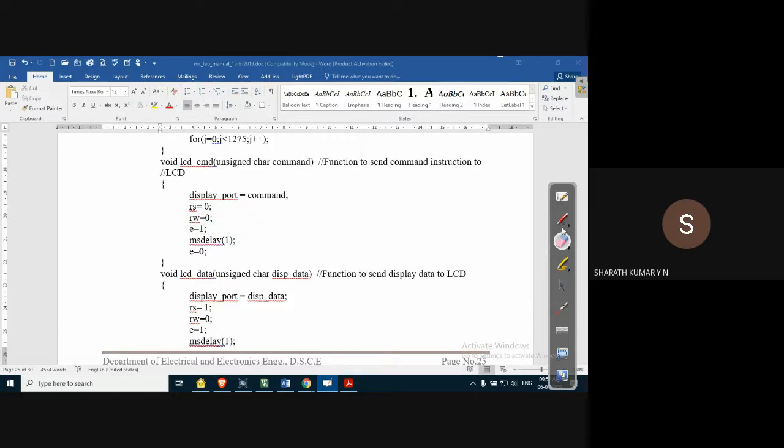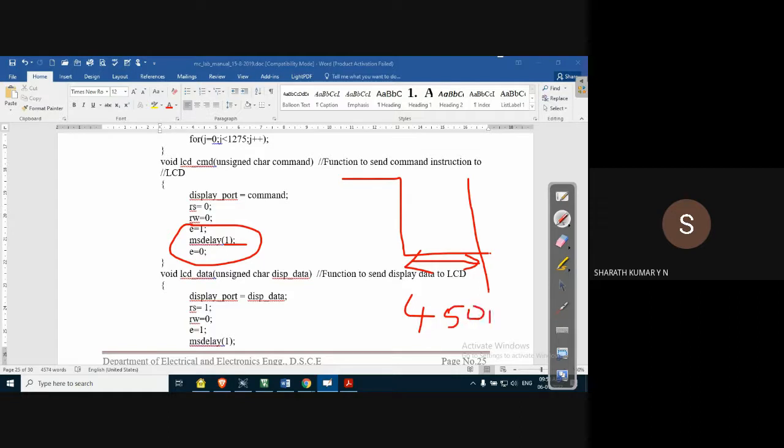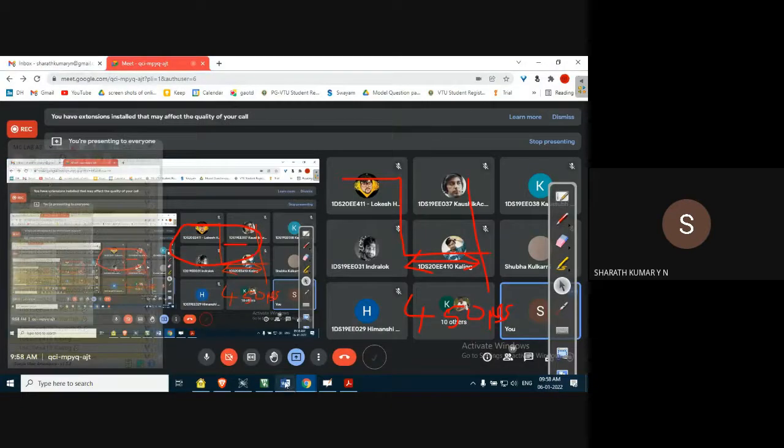Enable should be 1 so that we can access the LCD display. And we insert some delay, a random delay of course. Since the enable pin works with the concept of high to low transition, the delay between this high to low transition should be some 450 nanoseconds. We saw in the earlier discussion, around 450 microseconds. Okay, so to generate the delay,